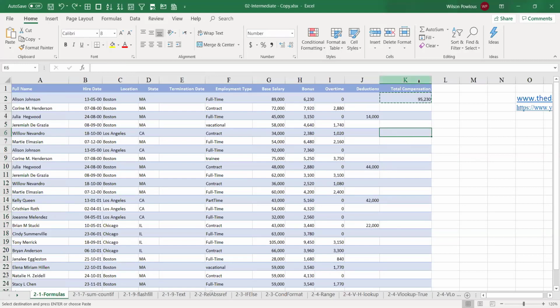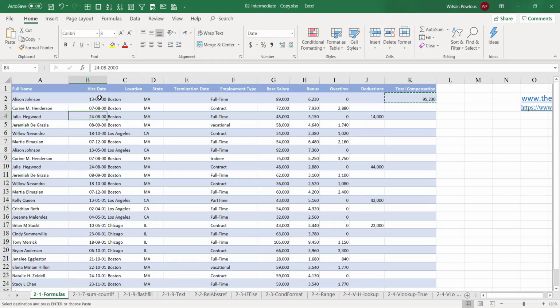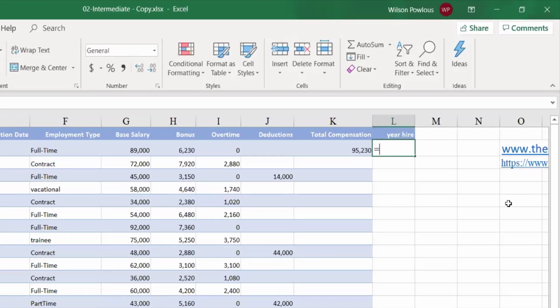And here, what else? Suppose I want to know the year of the hire date, say this is 13/5/2000 and this is 7/8/2000. So for the year of hire, we can put the formula equals YEAR of this date.